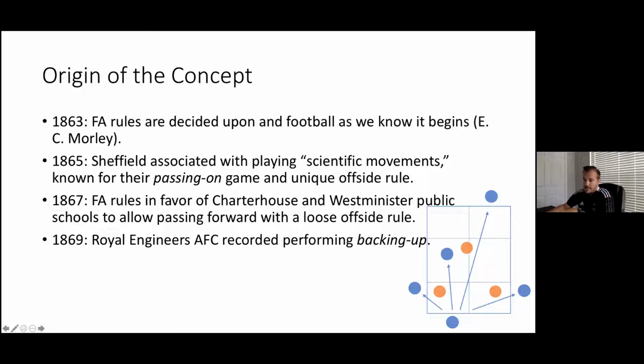And again, in the 1860s, you still heard a lot about teams like Royal Engineers, and just in general, the most popular way of playing back at this time was backing up, which is simply what I described earlier about a football player running forward with the ball, an American football player lateraling it, or a rugby player running with the ball and then giving it to his teammate backwards. So backing up would literally be the way the game was played early on.